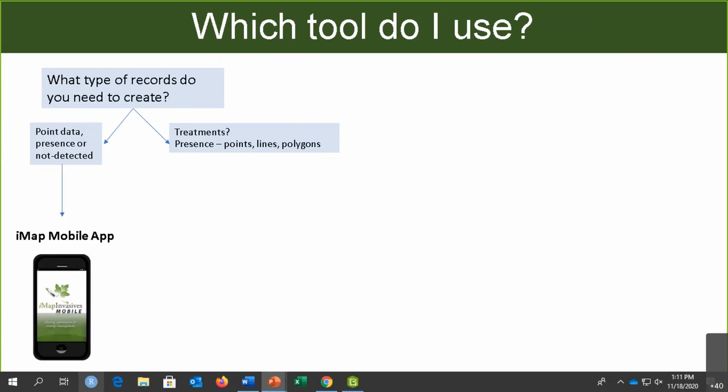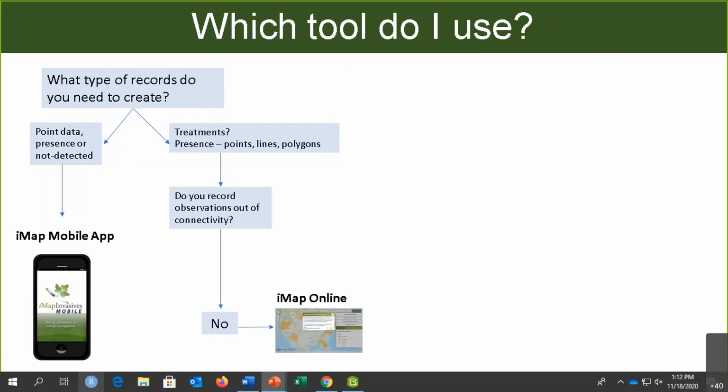And if you record more complicated data, so treatments, points, lines, and polygons, then the iMap mobile app will not work for you and you'll need to look at some other options. So it depends on whether you record observations outside of connectivity. If the answer is no, say you only record observations where you have really great cell service, or you only record observations when you're back in the office, then the online interface will work for you. But if you need to be able to do this out in the field where connectivity varies,